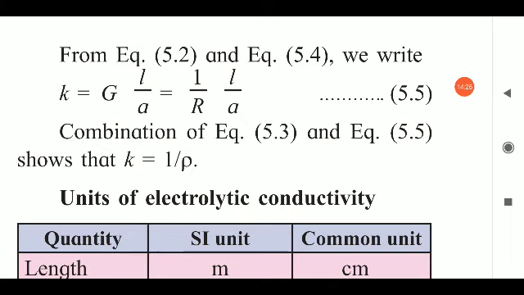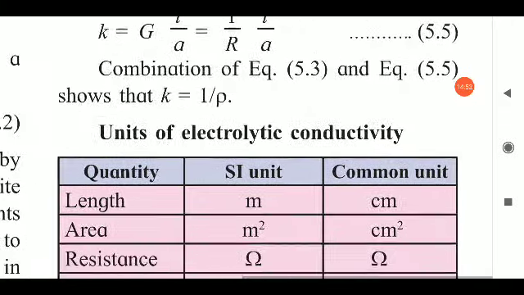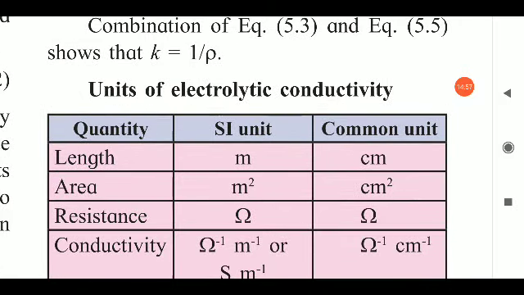It means you can say that K, the conductivity, is nothing but the reciprocal of resistivity. As we already saw, the parallel quantity is that conductance is the inverse of resistance. Like that, here conductivity is the inverse, or reciprocal, of resistivity. So this is the proof of the equation which we have derived. This equation may be asked in an exam for 2 marks.